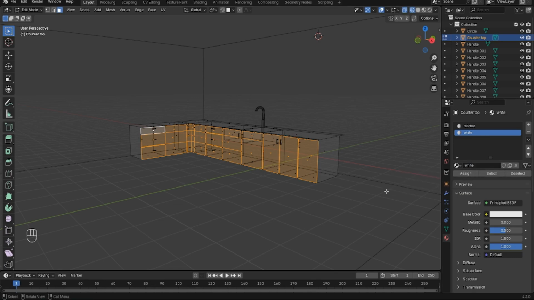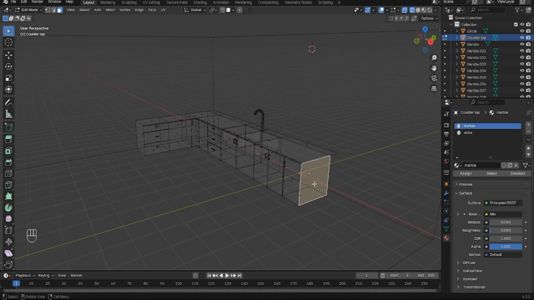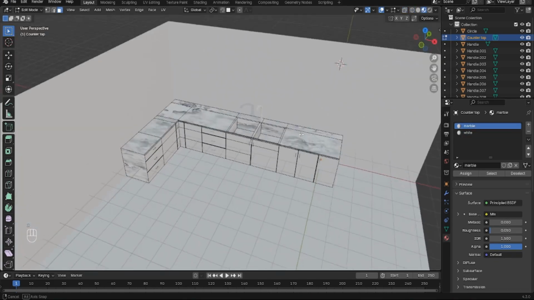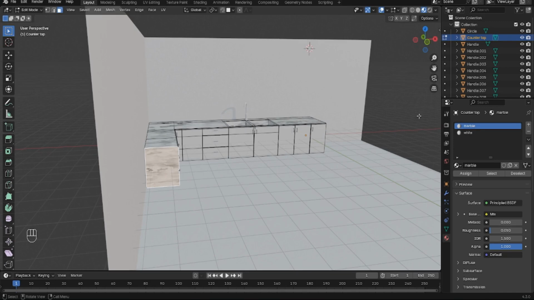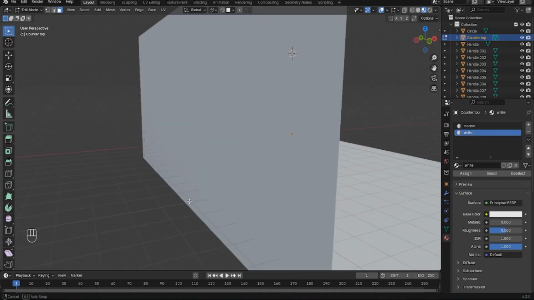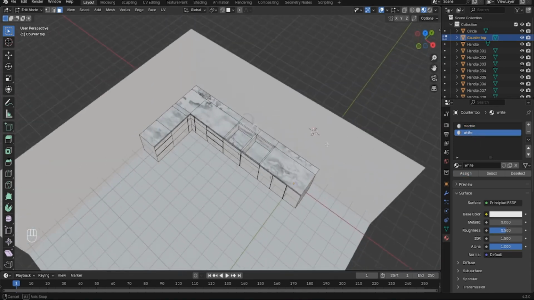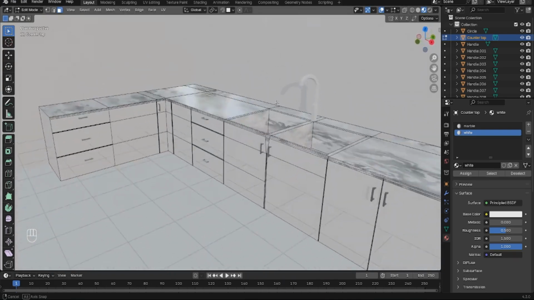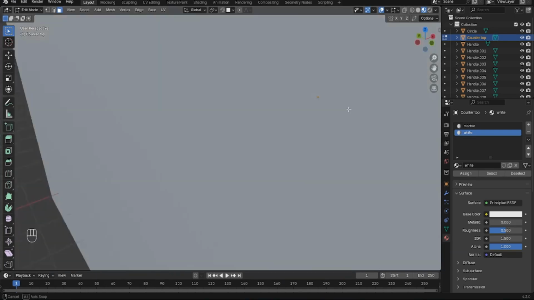And we're going to go ahead and assign it to these. Oh, actually, I do want these end faces as well. And we're going to assign. So now when we look, okay, you did not assign to white there. So now when we look, we have a marble countertop and a bunch of white